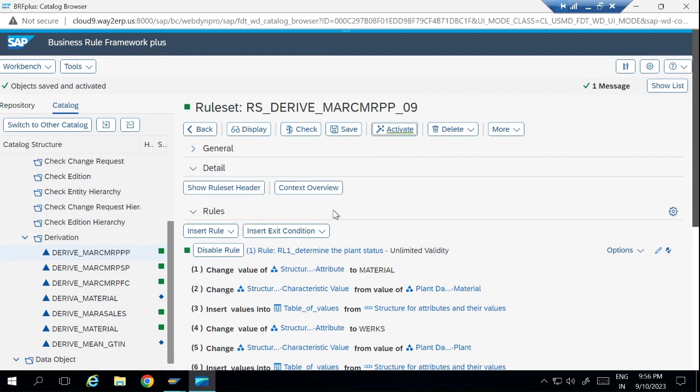So this is the logic that is implemented. So this completes the build part or the development part. So just to review what we did, we basically